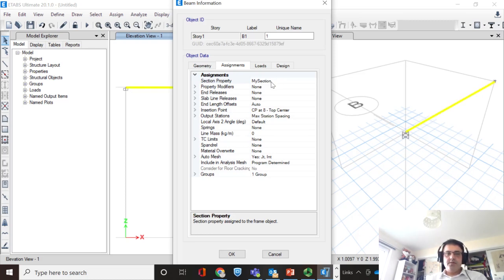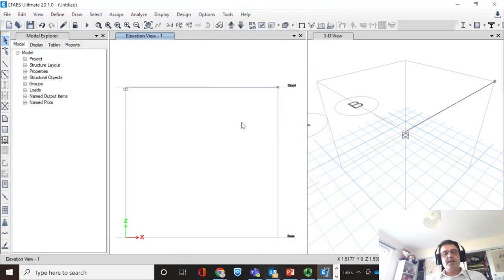Okay, so you're pretty sure that my section is what it should be as a property for your beam. So as you see, the beam is blinking here. It means that this window, which is open, is showing the properties for this beam or this one. So this is just in 3D and this is in 2D. Okay, I just cancel this box, and